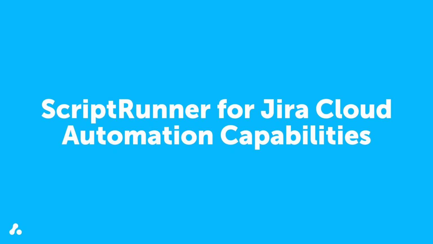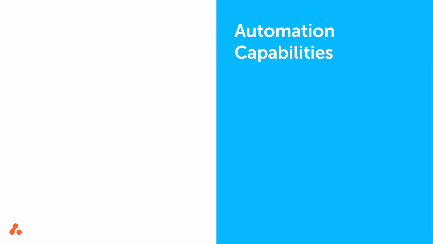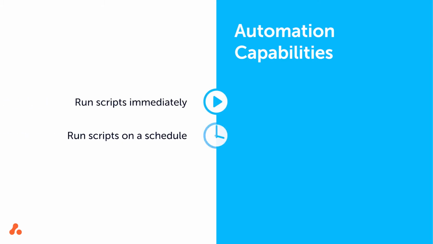ScriptRunner for Jira Cloud's automation capabilities can be broken down into three types: scripts that run immediately, scripts that run on a schedule, and scripts that run when an event occurs. When using ScriptRunner for Jira Cloud, you should first identify which of these types of scripts you'd like to use